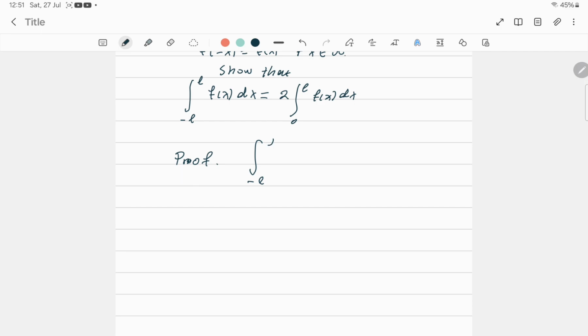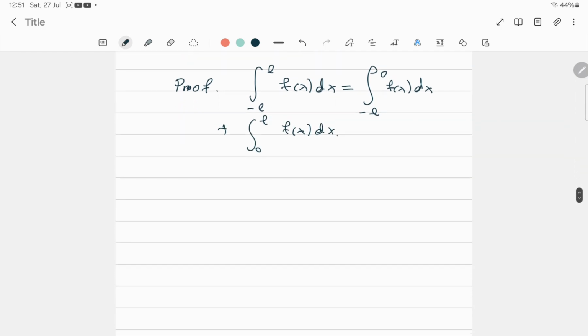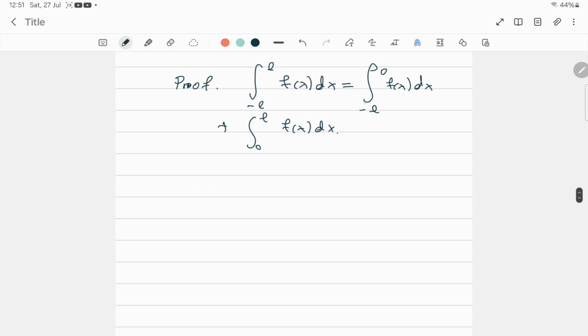We have the integral from minus L to L of f of x dx. We can split this integral into the integral from minus L to 0 plus the integral from 0 to L of f of x dx. Now we take this integral from minus L to 0